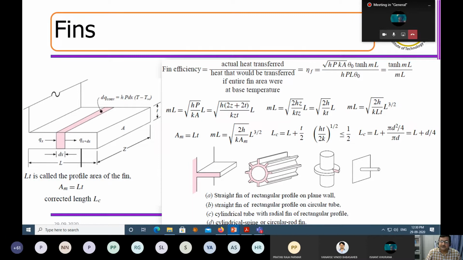So if you put fins like this, which are small extensions on the surface of the pipe, what it does is it actually increases the overall area for heat transfer. This actually increases the overall loss associated with the heat transfer across the surface. So if you really want to enhance the rate of heat transfer going from inside to outside, you may really put a lot of fins.